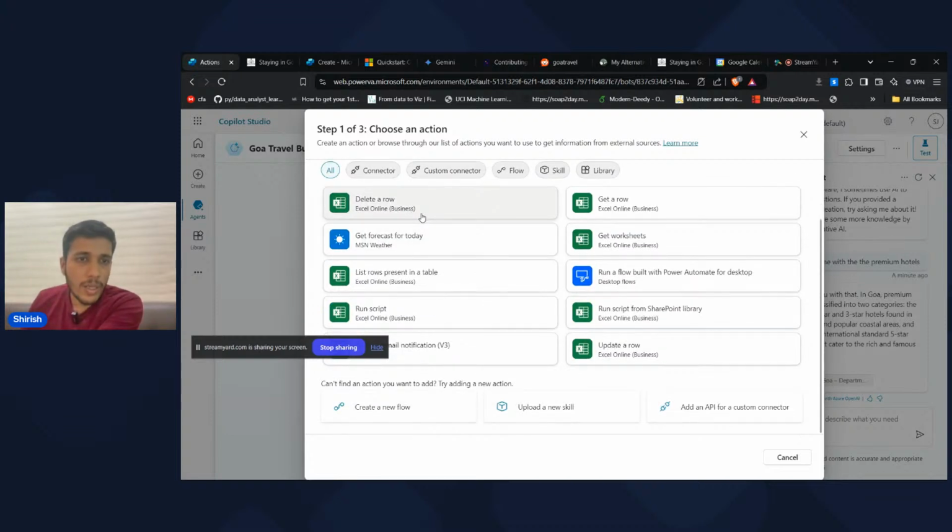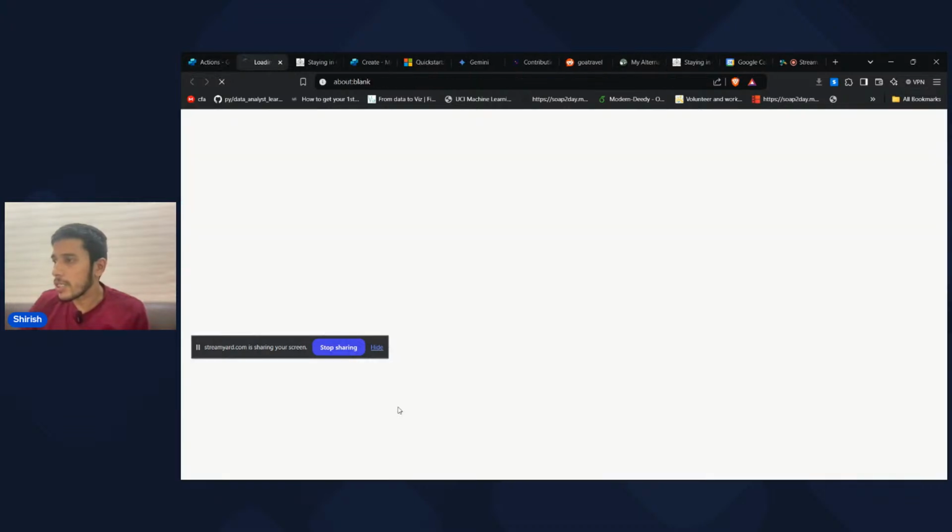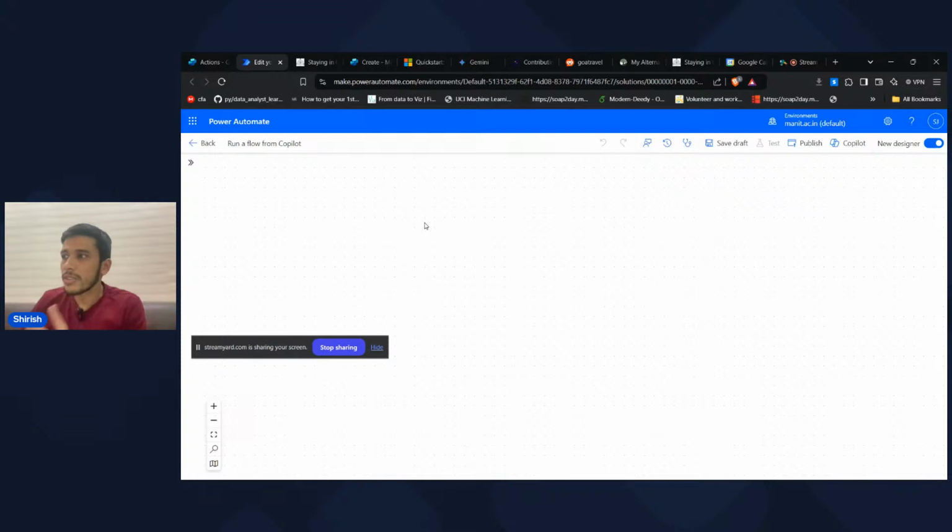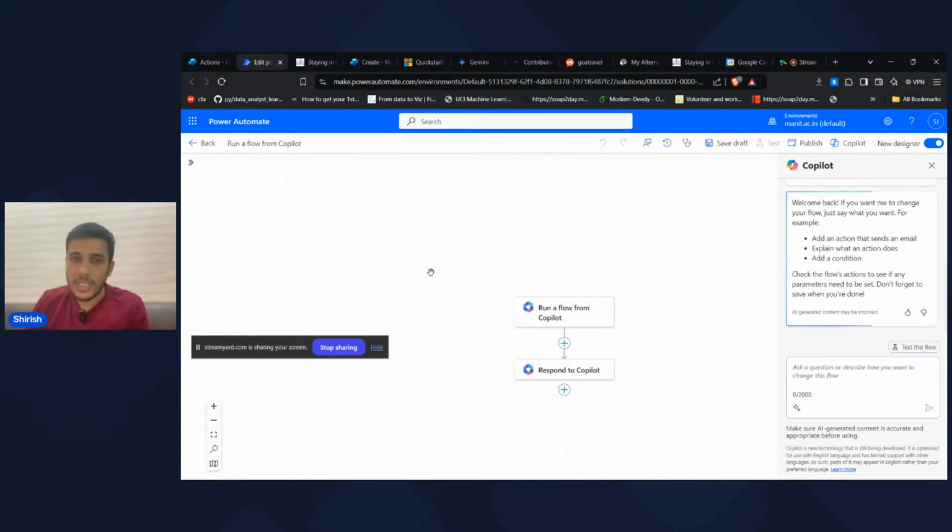Since it is my work account, it is generally showing me things like delete a row in Excel. But if we are in the travel industry or something like that, then we can add connectors as well, or create a new flow, or add an API for a custom connector. If I click on create a new flow, it will open another URL where we can just click on this part and that part, and it will completely automate everything. It will be a good exercise for you as well to create a flow and integrate it into the